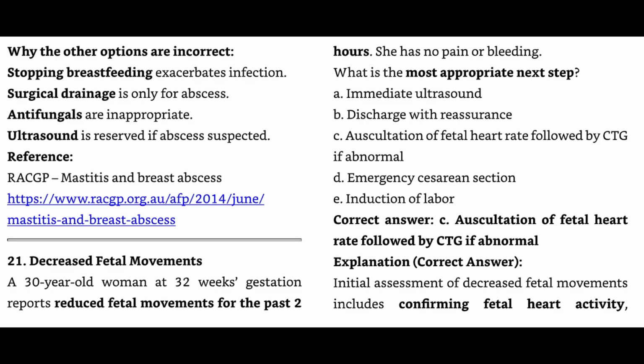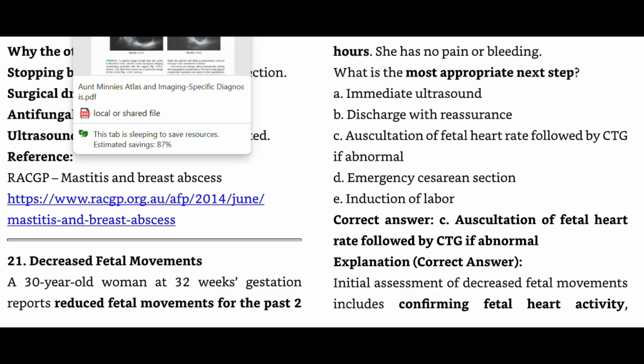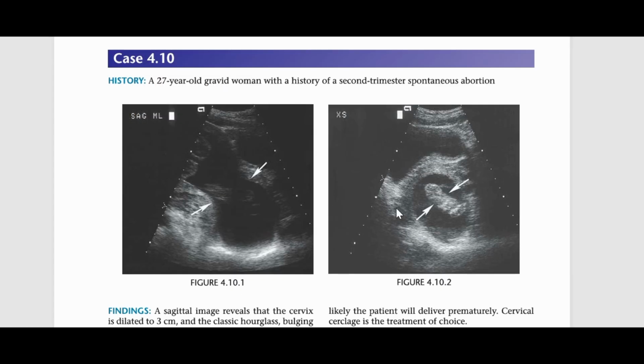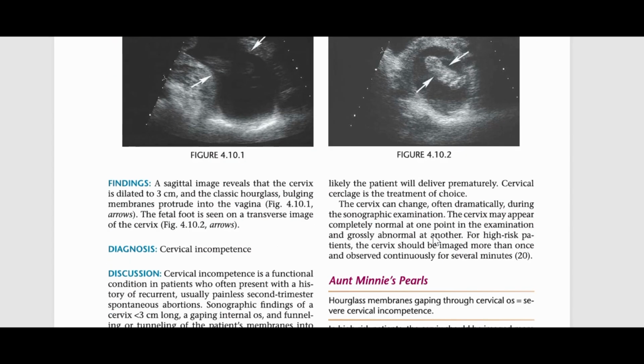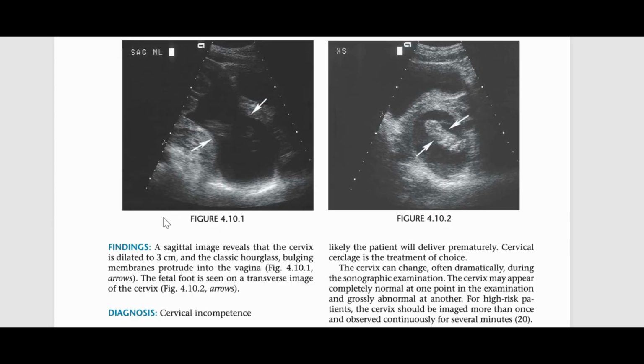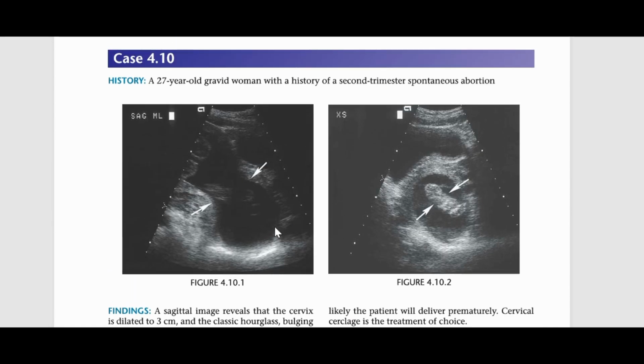I will show you now the importance of ultrasound if the CTG is abnormal. This is a 27-year-old gravid woman with a history of a second trimester spontaneous abortion. So this patient has a previous history of spontaneous abortion, and now this pregnancy